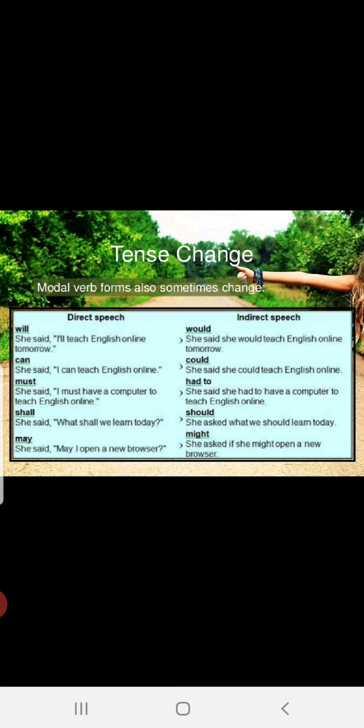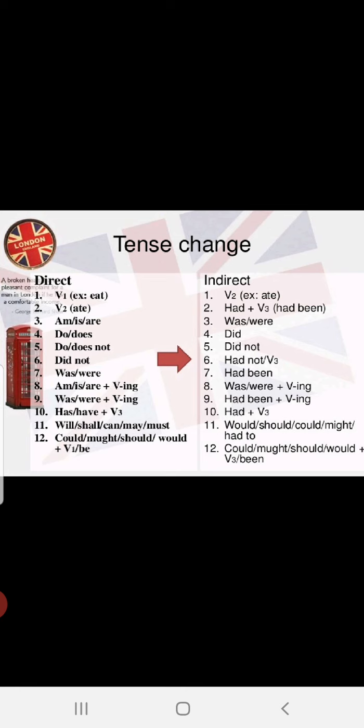She asked if she might open a new browser. Here, when we are using may, said will become asked. Fine. Now, tense change. The rules I had explained in much detail for you, direct and indirect. Now, I think again I should take you to the base class where I had given you